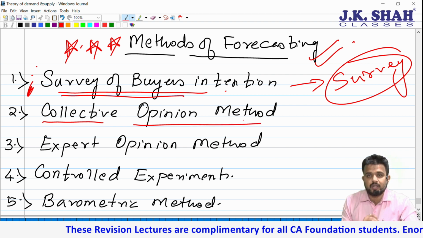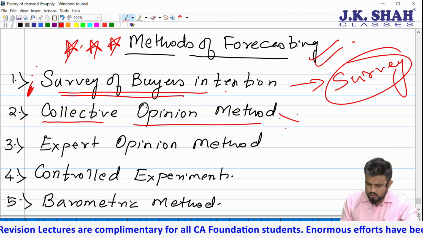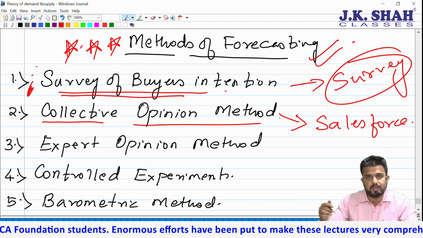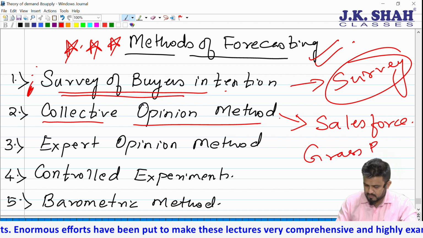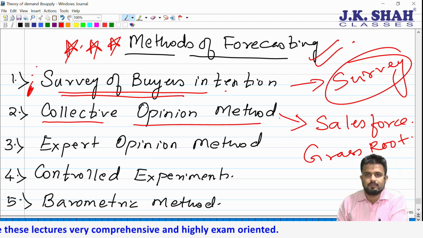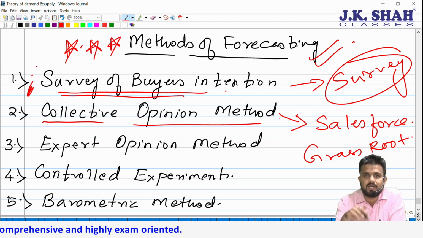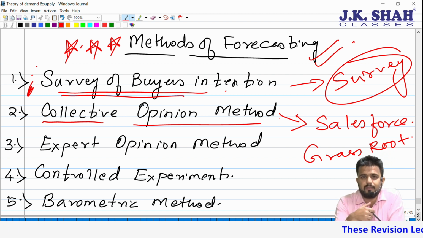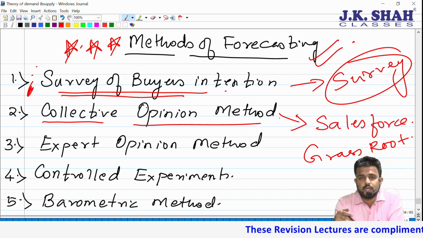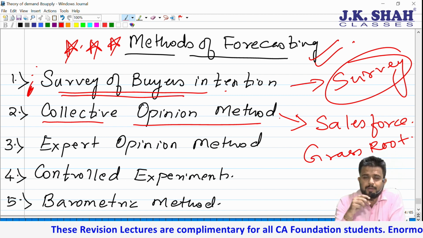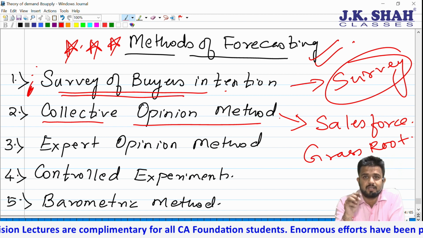Next is the collective opinion method, which is also known as the sales force opinion method or grassroots method. Now the company is going to collect information and data from its sales team, who are located in different territories. The company is going to take feedback on how much sales they are going to do, or how much business they are going to generate in their respective territories,